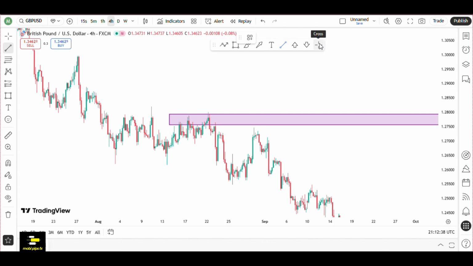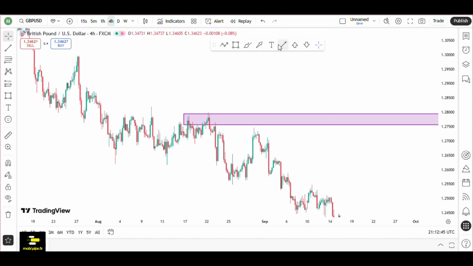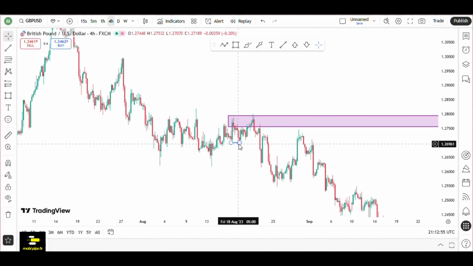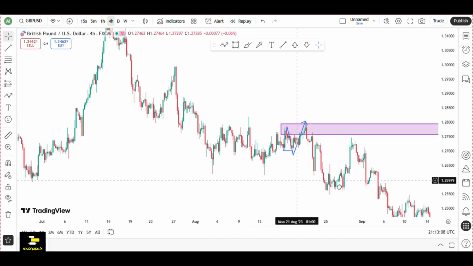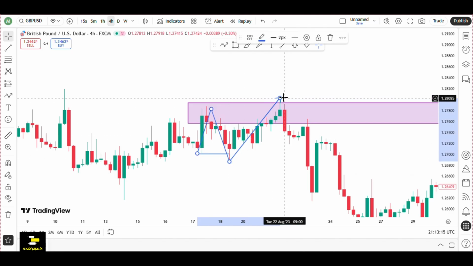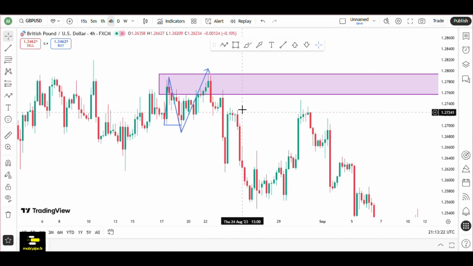Ideally speaking, we have a BOS, a break of structure here. When you go into the lower time frame, you'll be able to spot it out. Unfortunately, this free plan will not allow us. So we got something like this, a break of structure here. Then this happens. A sweep happens, then price comes back down